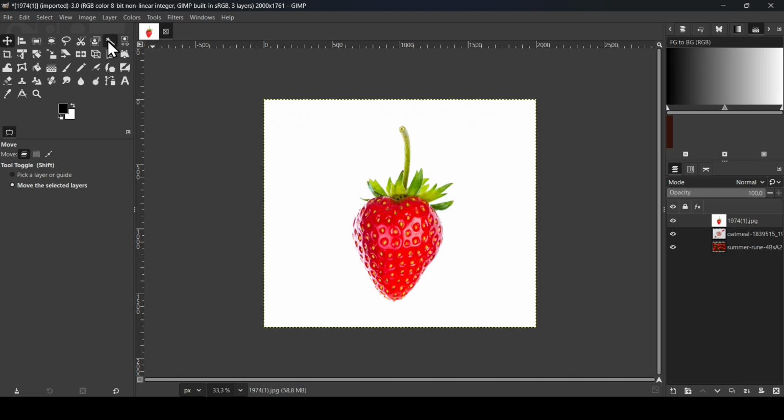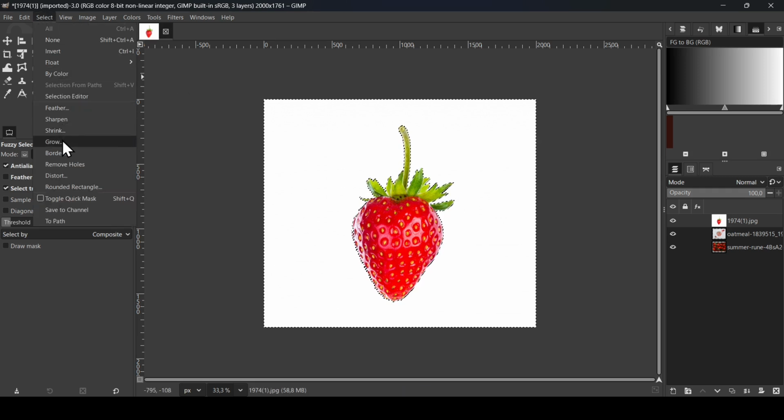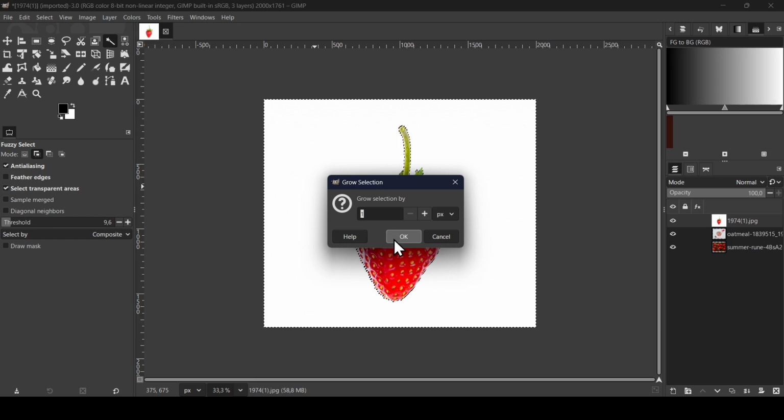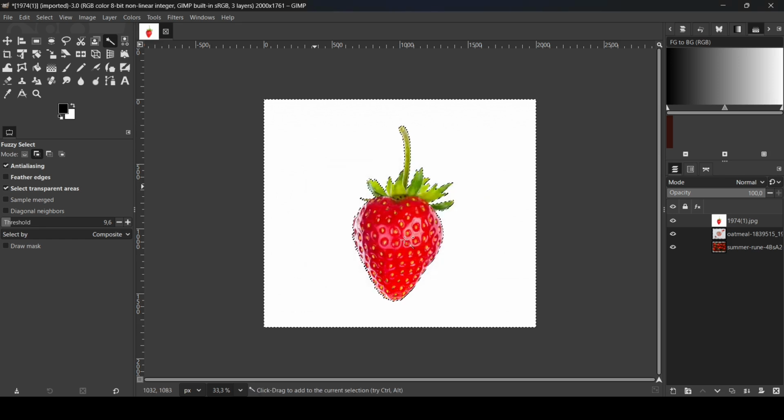So select the fuzzy select tool. These are the settings I'm using, and now left click on the white color. So now we have selected the white color, and now I'm just going to increase the selection a little bit here. So go to select, grow. I'm going to increase it by 1 pixel. Press OK. This is just to push the selection inside here to remove any white halo around the strawberry, and